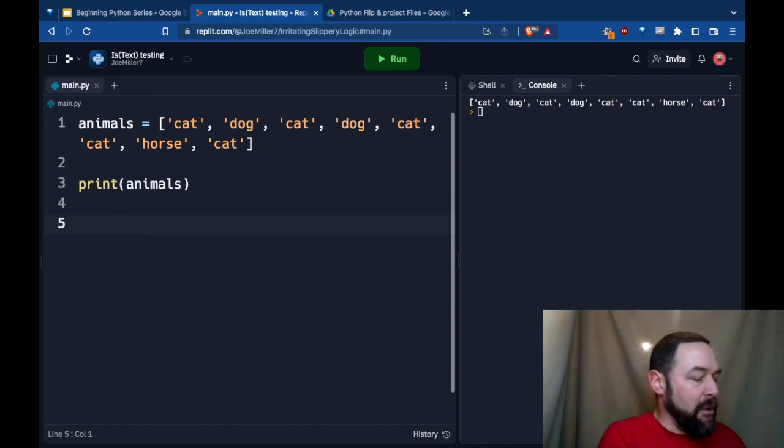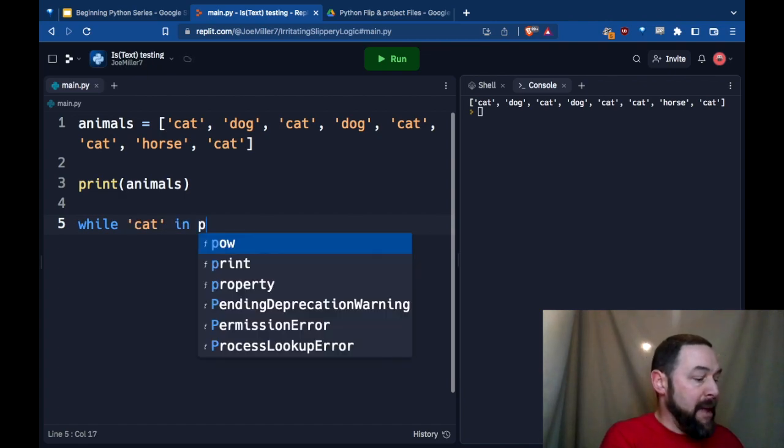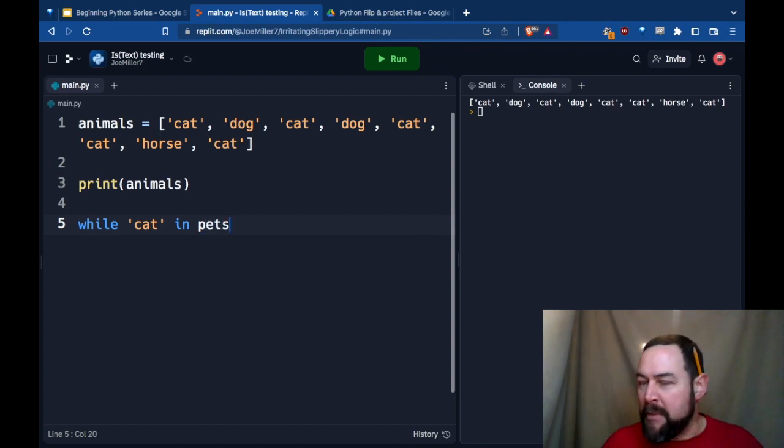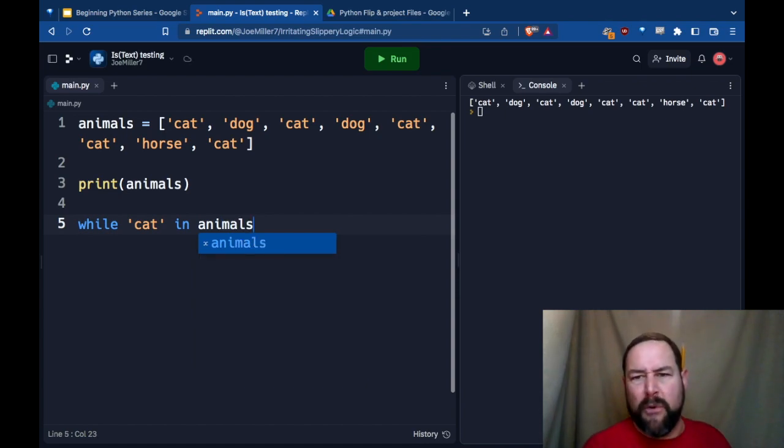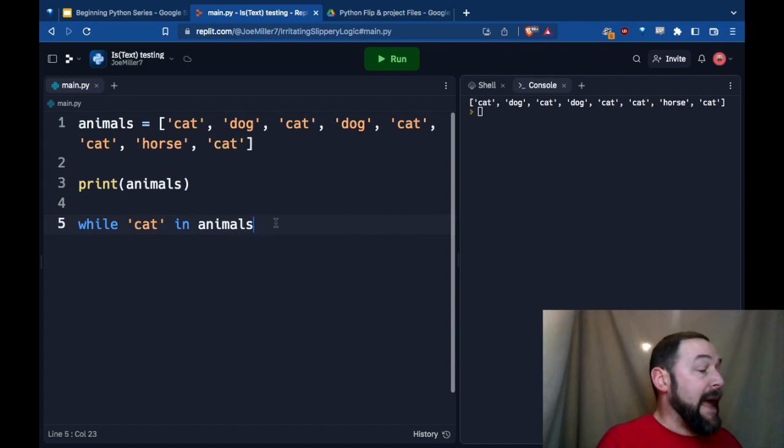Right. So we're gonna make a while loop. While cat in pets. Remember that in thing? We've already messed with in a few times already. So if there's a cat in pets, right? Oh, sorry, pets. Why did I say pets? Animals. Sorry. I got a horse. Horses are not pets. They're farm animals. All right. The while cat is in animals, then